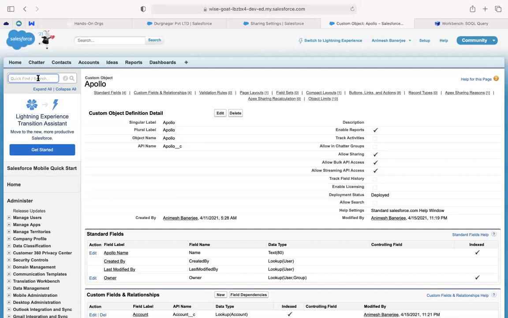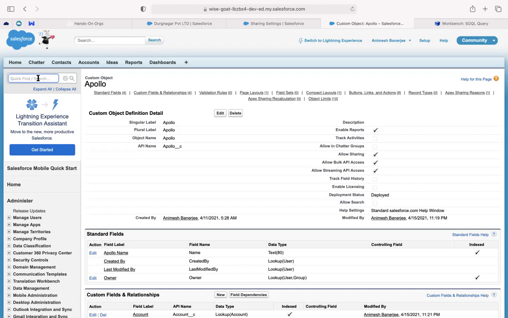For managers in standard objects, if you are assigning a role to your owner, then the purpose of doing that is basically that their managers can see it. If you do not want their managers to see that, then you have to assign no role to those users, the owners. If the owner does not have any role, then the role hierarchy will not work. But if the owner has a role, then role hierarchy will automatically work, if it is a standard object.